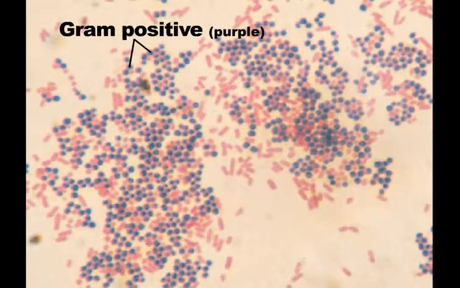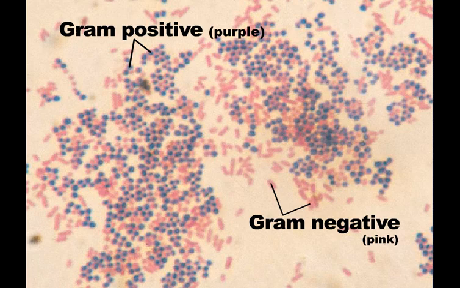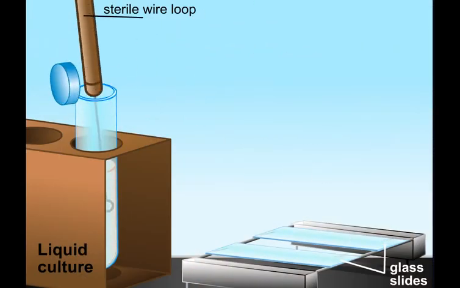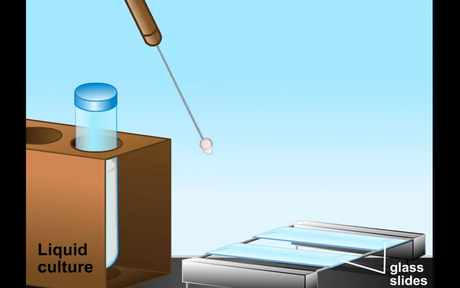The Gram stain is the most widely employed staining method in microbiology. It is a differential stain because it divides bacteria into two classes, gram-positive and gram-negative. In the first step of the Gram stain procedure, cells from a fresh culture are transferred to a clean slide